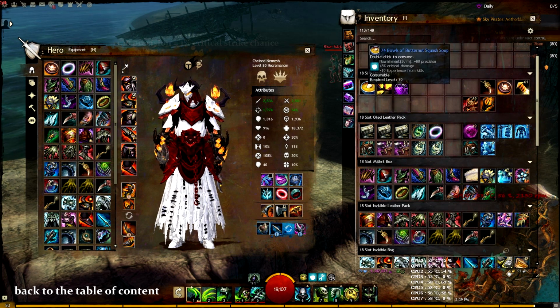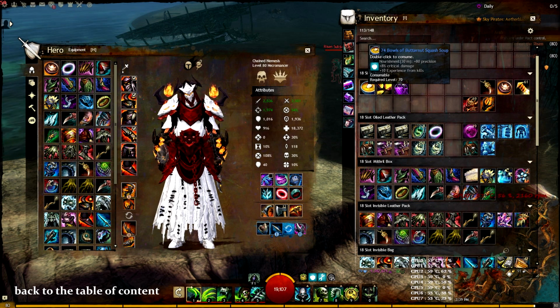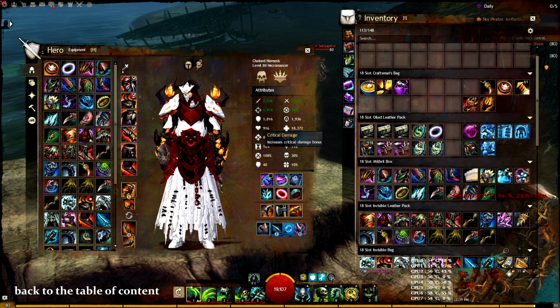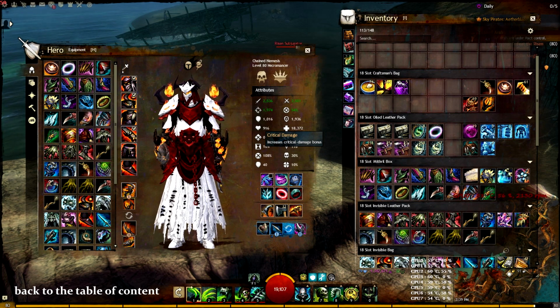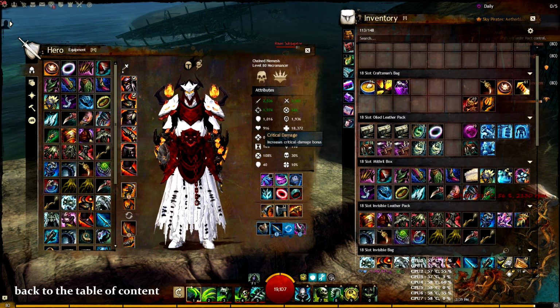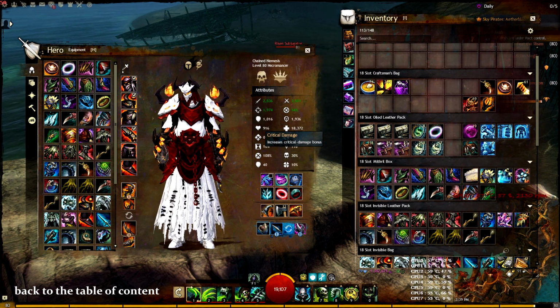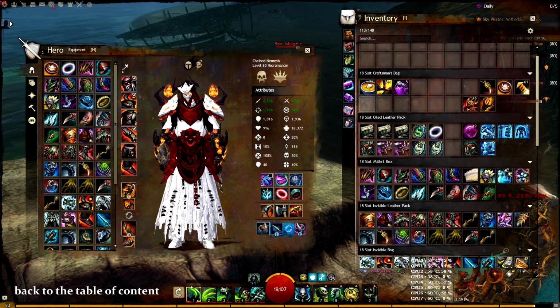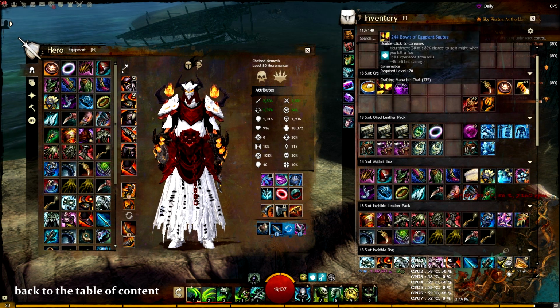That is because I'm using Bowls of Butternut Squash Soup, which gives 80 precision, 8% critical strike damage. So I am at 108, and we know the maximum critical strike damage that can be obtained is around 117, 120. So I'm not missing that much. Instead of this, in some locations that have a lot of mobs, and I do mean a lot of mobs, we can actually use